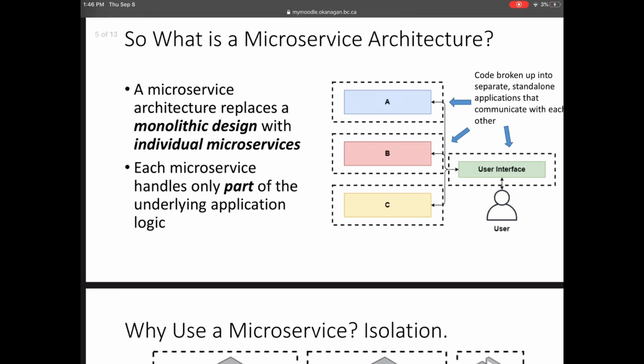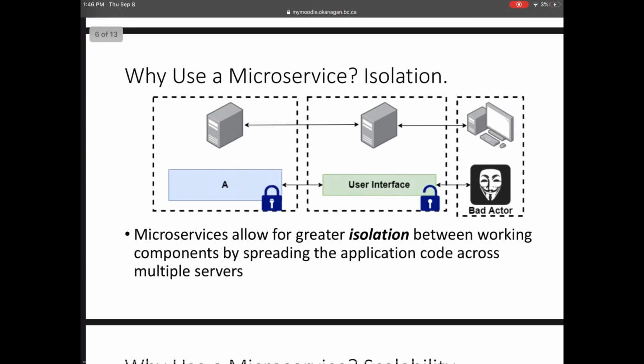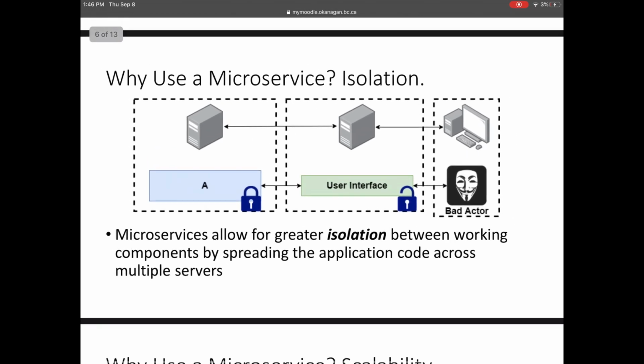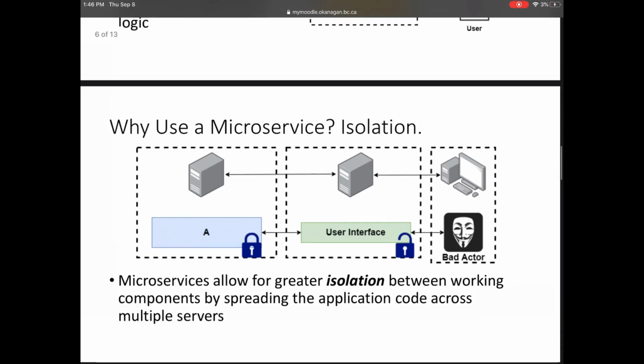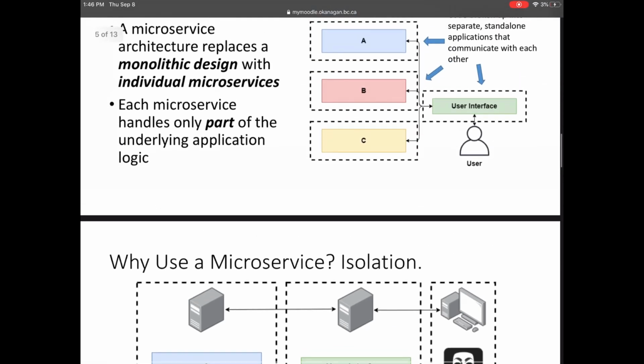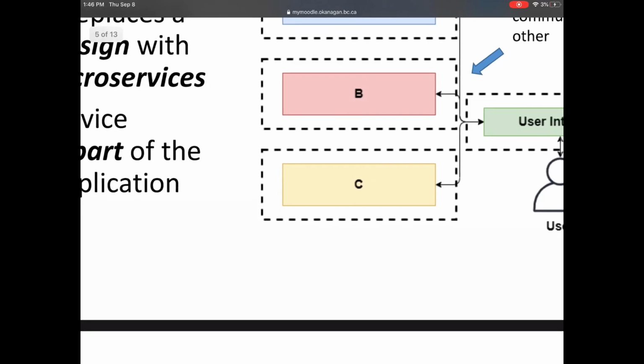So why do we need this? Well, the first reason is isolation. With microservices, we create isolation between the systems so that if some malicious or bad actor got access to one of the services, he would be isolated from every other service. Say a hacker got into one of our servers, he would only get access